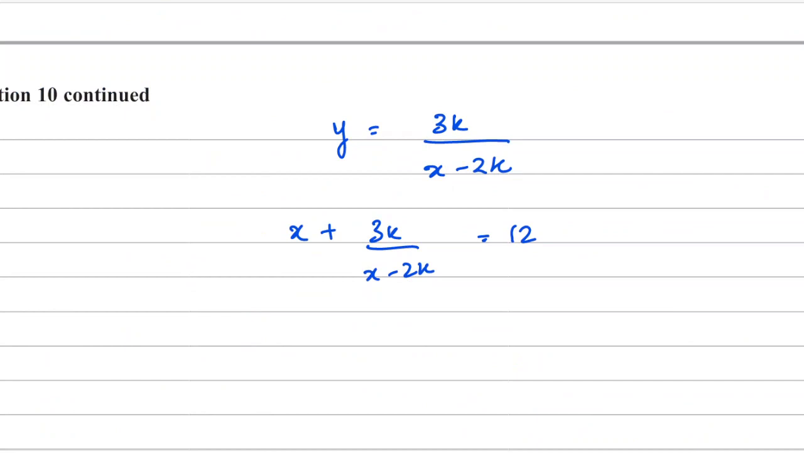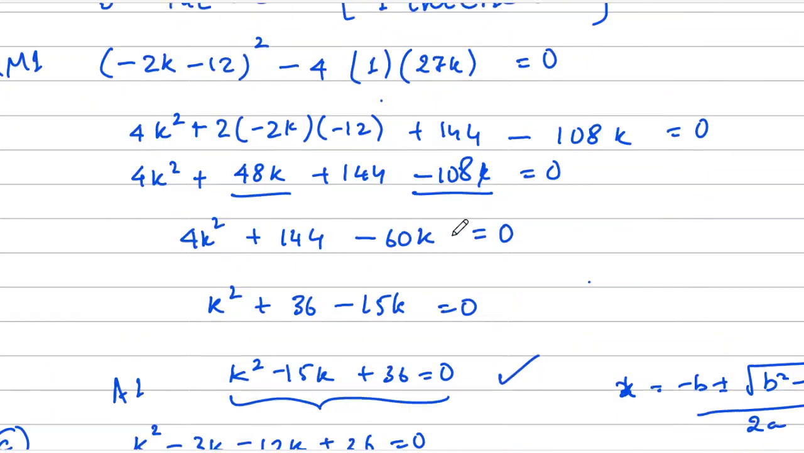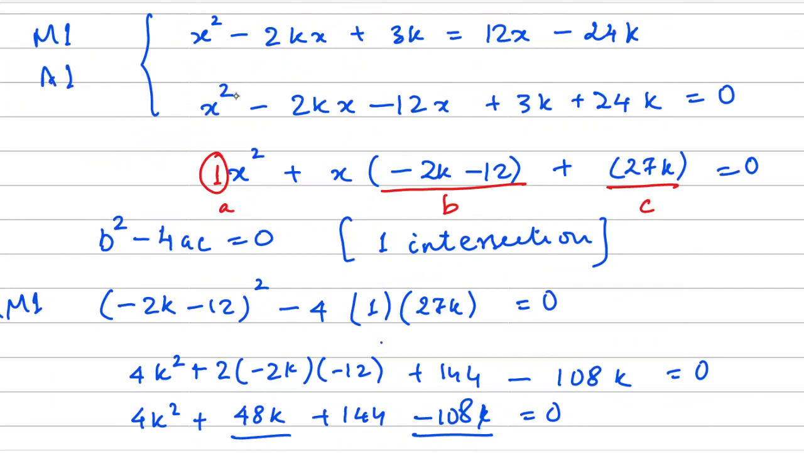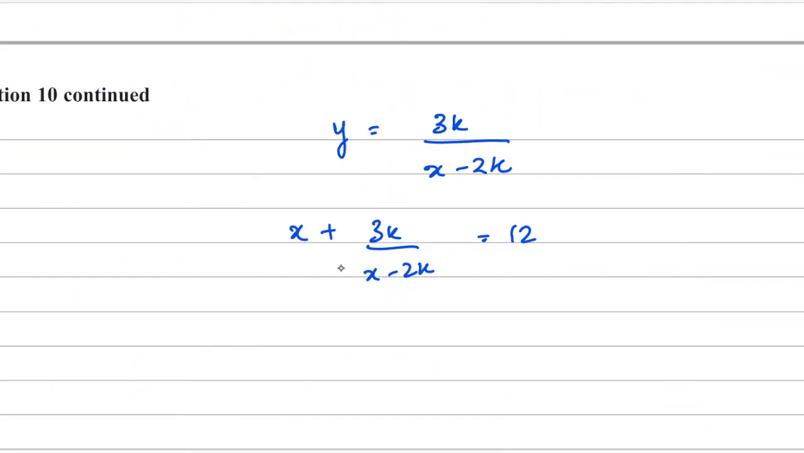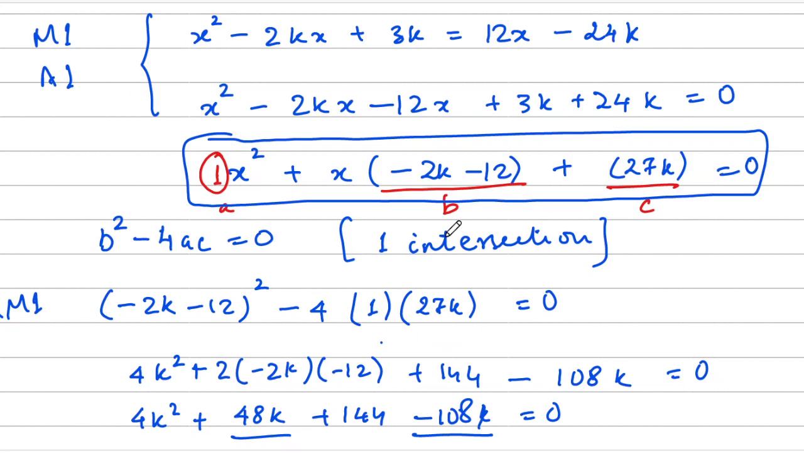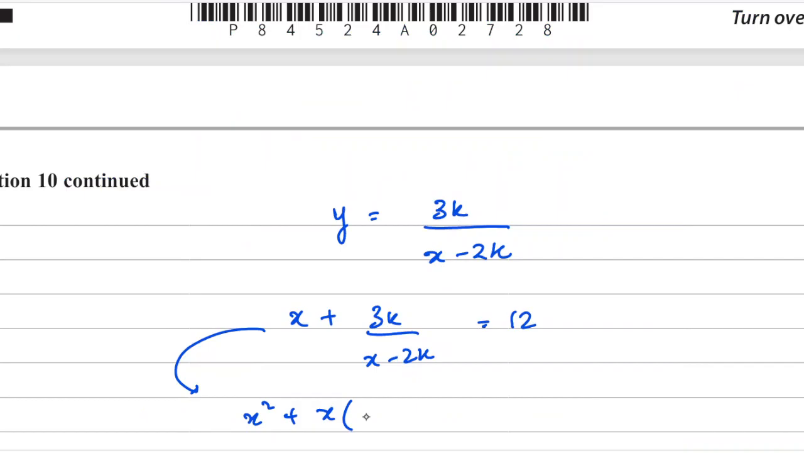Okay, and otherwise there is a simplified expression over here. This also we can use. Yeah, this expression also you can use. Either one is fine, but I think this is easier: x square plus x multiplied by, that is the same thing as when we expand this one, we'll be getting x square plus x multiplied by minus 2k minus 12